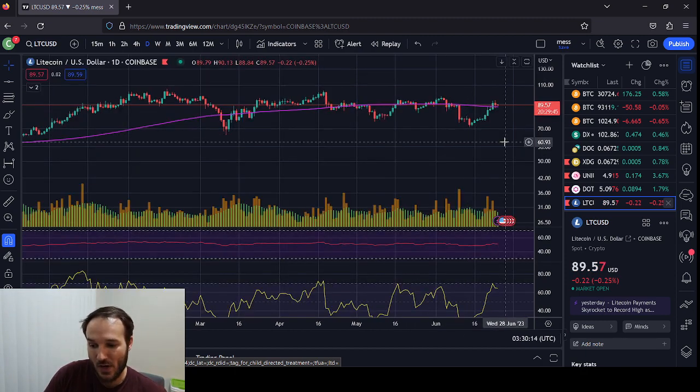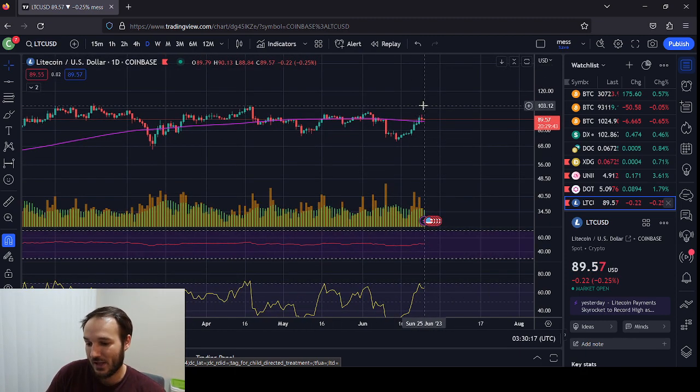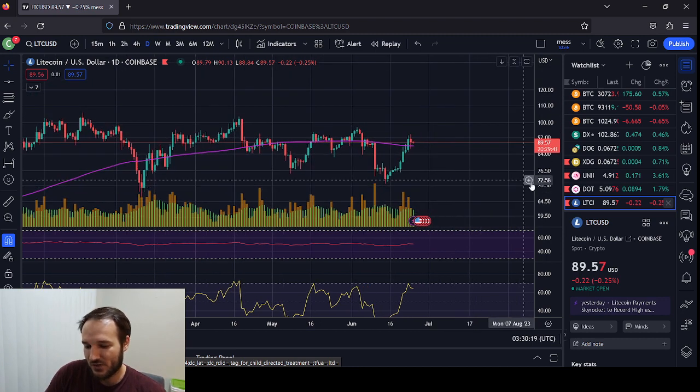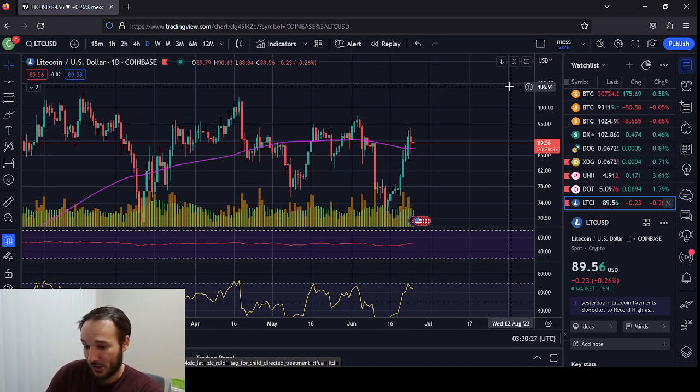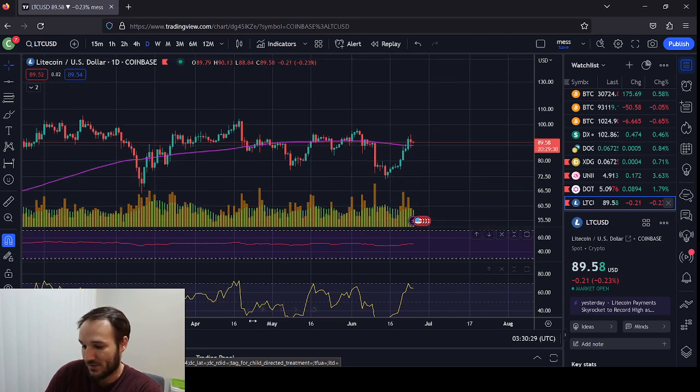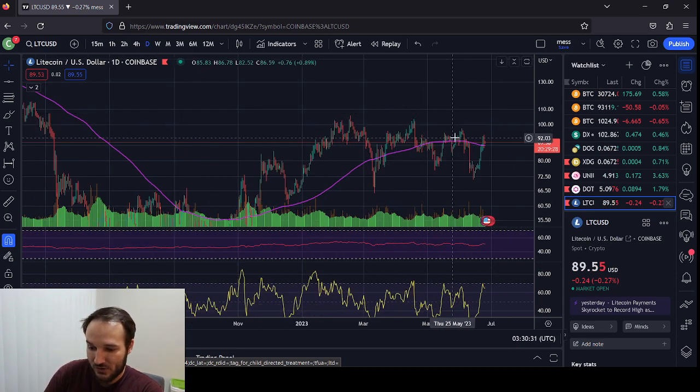So that's why I would really like to see Litecoin continue to climb. At least just keep this higher daily close. It doesn't need to do anything spectacular. Just keep climbing, try to get overbought, and then once you're overbought, I think you're going to see some stronger moves, which makes sense because you're in this range. You get up here and you get overbought, you're showing strong readings, you're in breakout territory,